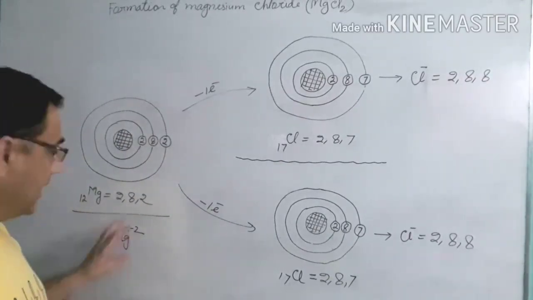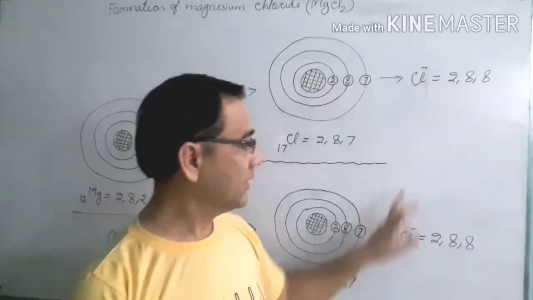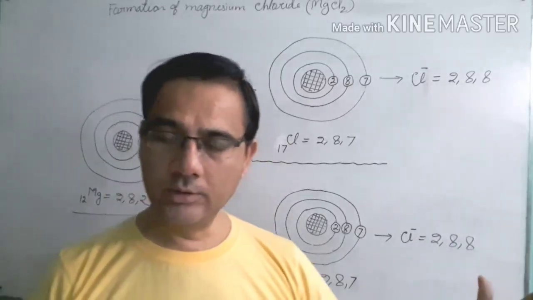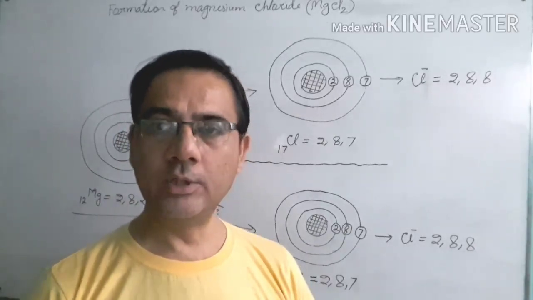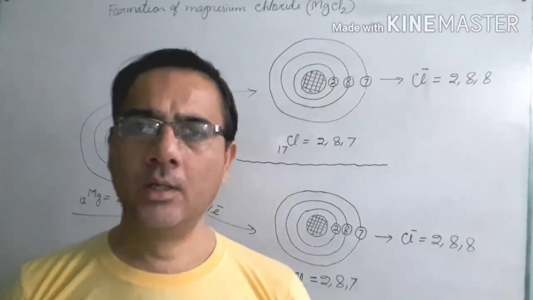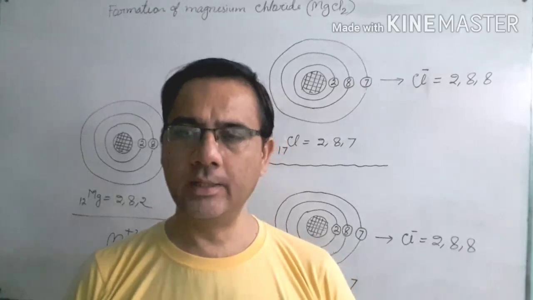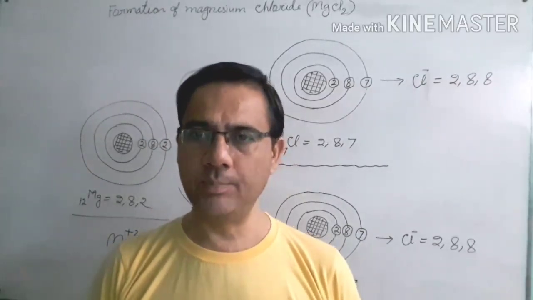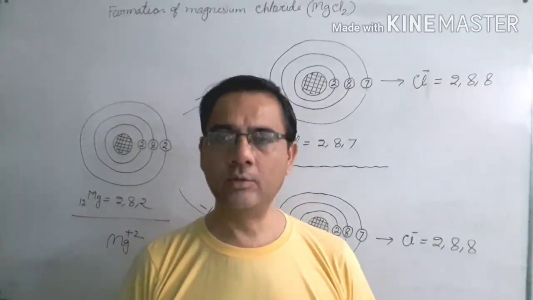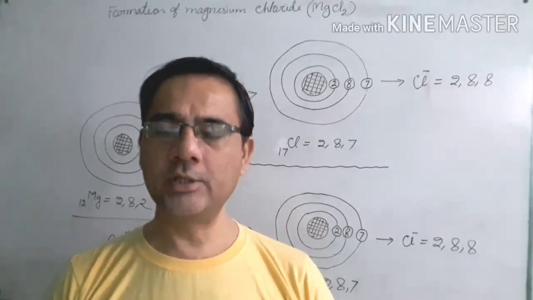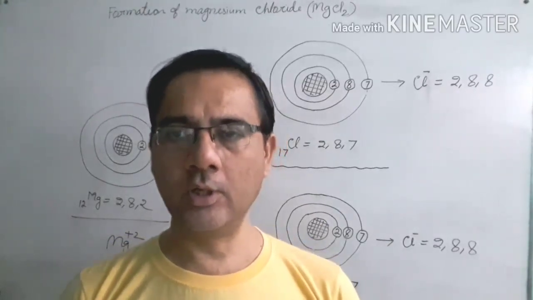and this is called a cation. Magnesium acquires 2 units of positive charge. Each chlorine atom acquires 1 unit of negative charge. Now both these ions, magnesium plus 2 and Cl minus, come close to each other because opposite charges are there. And due to these opposite charges, these ions come close to each other, and a force of attraction is developed between the Mg plus 2 and 2Cl minus. And finally, an ionic compound is formed, and the force of attraction which is present between this Mg plus 2 and Cl minus is called electrostatic force of attraction or ionic bond.